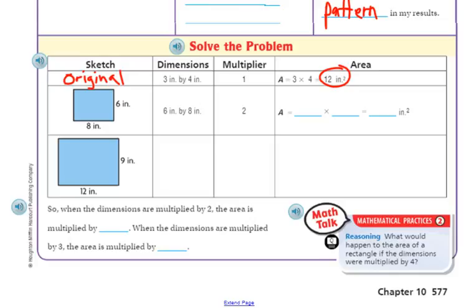Alright, so what if we took those dimensions and we multiplied by 2? So the 3 becomes a 6 and the 4 becomes an 8. We are now looking at a 6 times 8 and an overall area of 48 inches squared. So let's look at that 48 compared to the 12 we started with. So if you compare those, you'll notice that the 48 is really 4 times as big, because 12 goes in there 4 times. So 4 times as large. That's the pattern, essentially. Alright, so let's look again. Let's go back and say, okay, now what if we